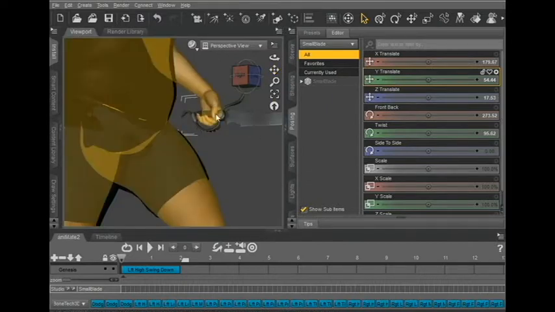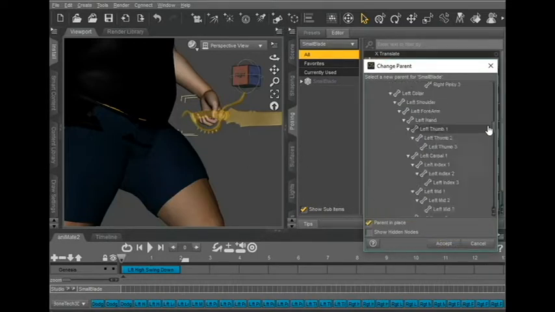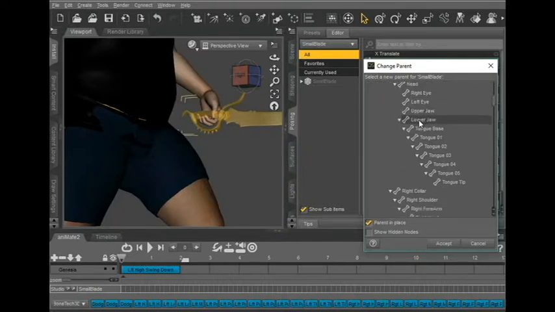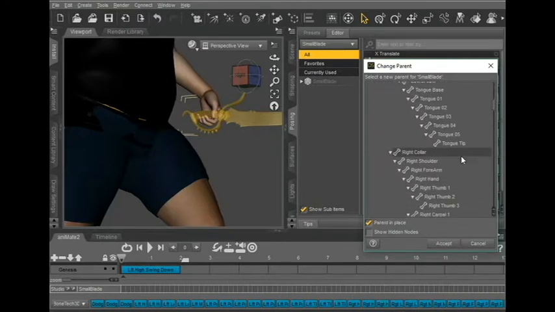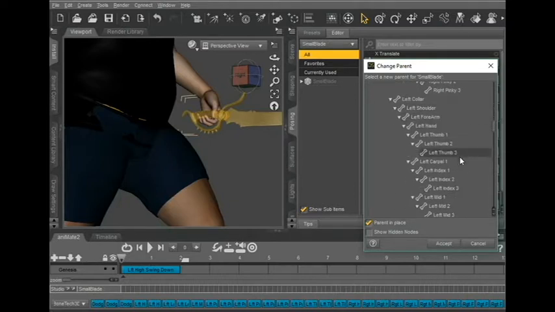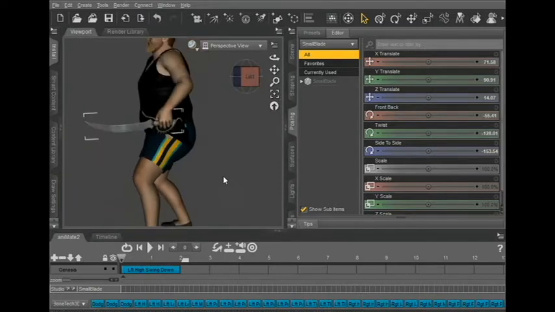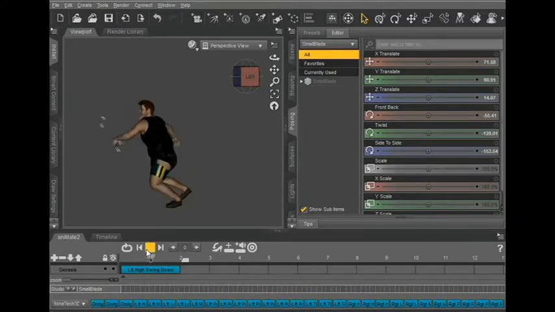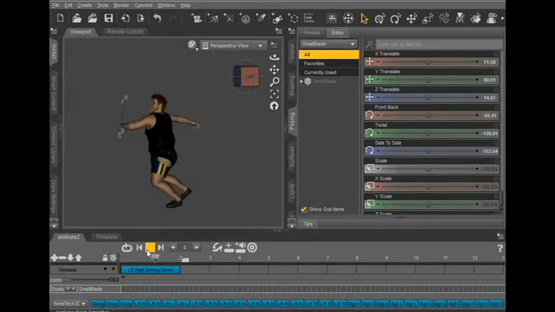That looks pretty good. So take this guy, right click, change parent to, let's see, looking for his right hand, or left hand I should say. Left hand, right there. Now it's going to go to, there you go. See, right now it still looks more like a strike, or in this case an awkward strike,